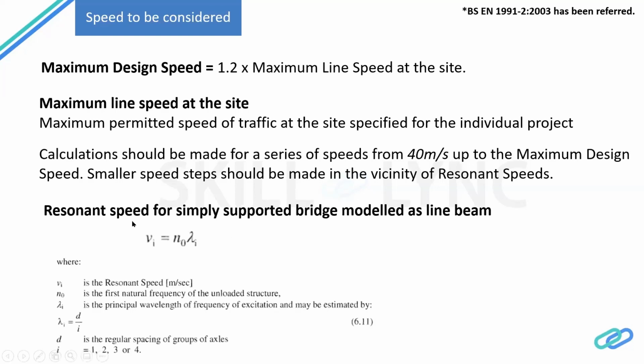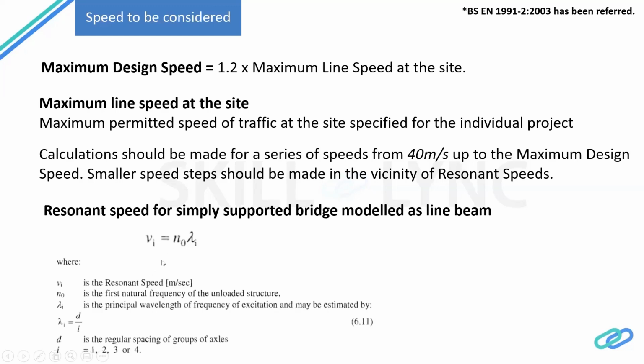Then the third one is the resonance speed. This is very important. We can calculate this resonance speed using this formula, or when we perform the dynamic analysis, we can find where the deck acceleration is excited. That is the point where the resonance speed occurs. So if we perform the dynamic analysis, we can straight away get the resonance speed value. But if it is simply supported, we can use this formula, Vi equal to n naught into lambda,